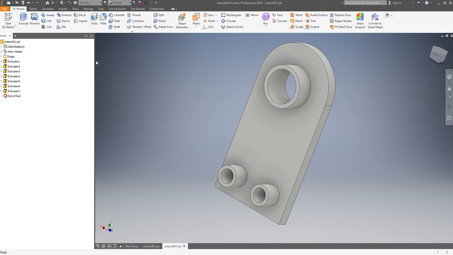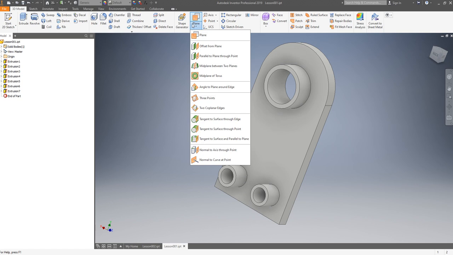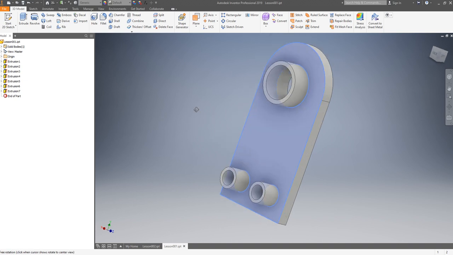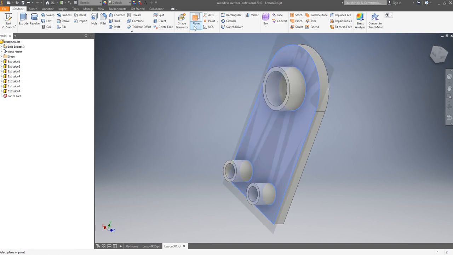We needed to extract the geometry, or say project the shape geometry onto a plane. So first of all, we needed to make a virtual or a reference plane. Say offset from that plane by 20.